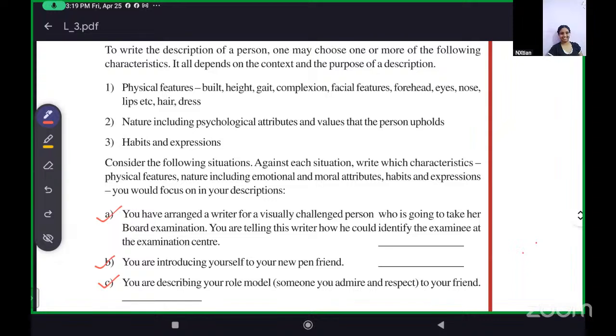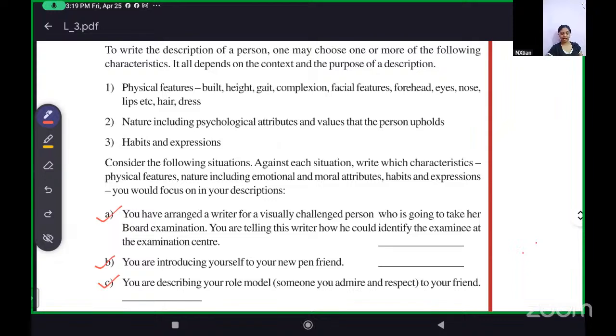Then I have, I wear glasses, ma'am. Then I am kind, and I am very